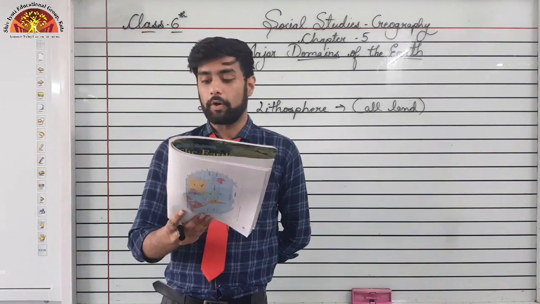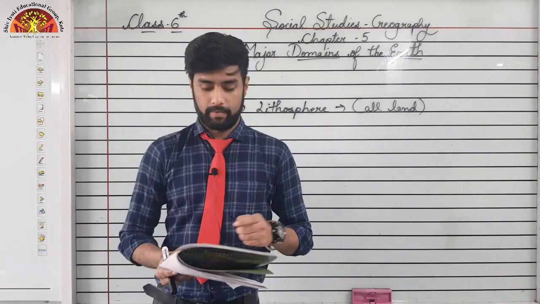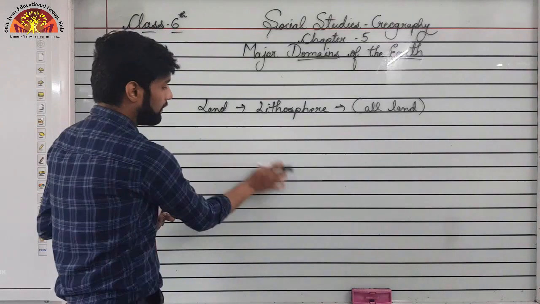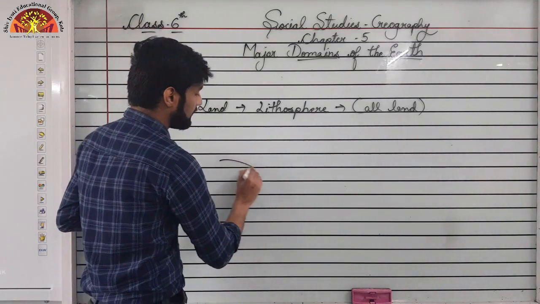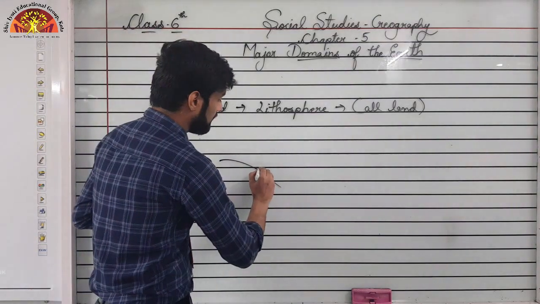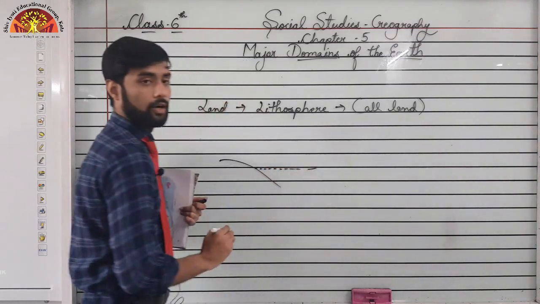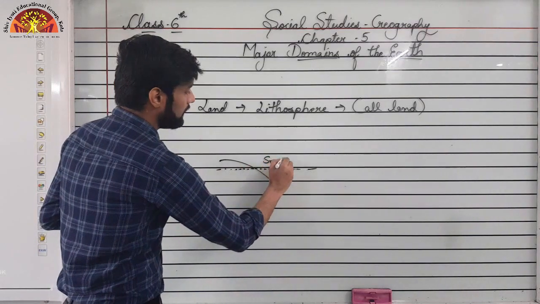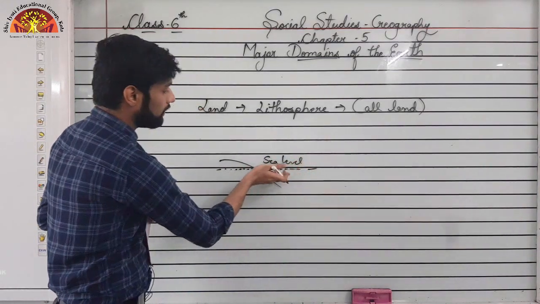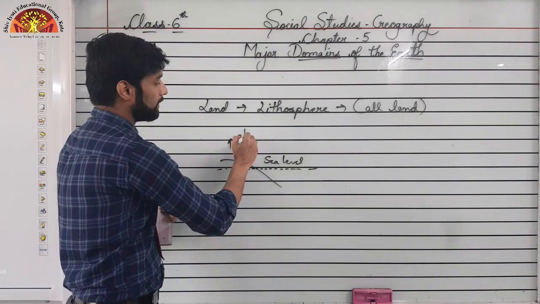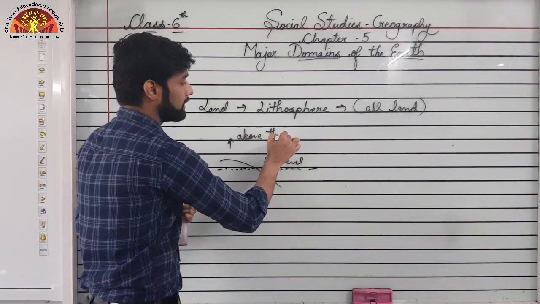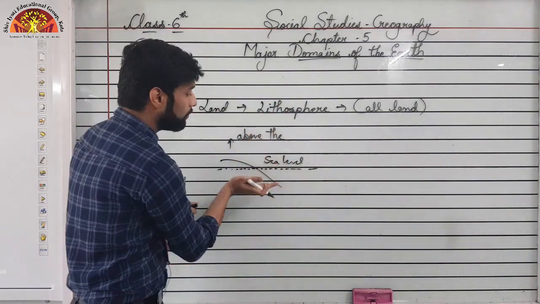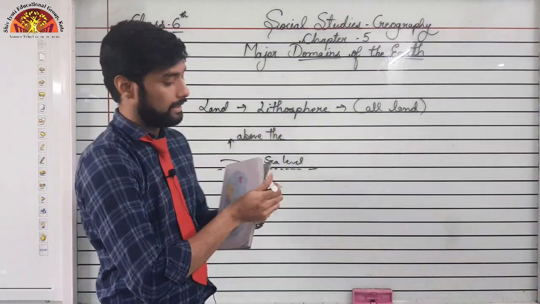The level of sea water remains the same everywhere. Okay. Elevation of land is measured from the level of the sea. For example, if this here is land, and right until here we have sea, then this part of the land will be called sea level. Why? Because it is in level with the sea. You will be above the sea level. You must have seen this in various stations as well. This is written above the sea level. It tells you how much above you are from the earth's sea level.